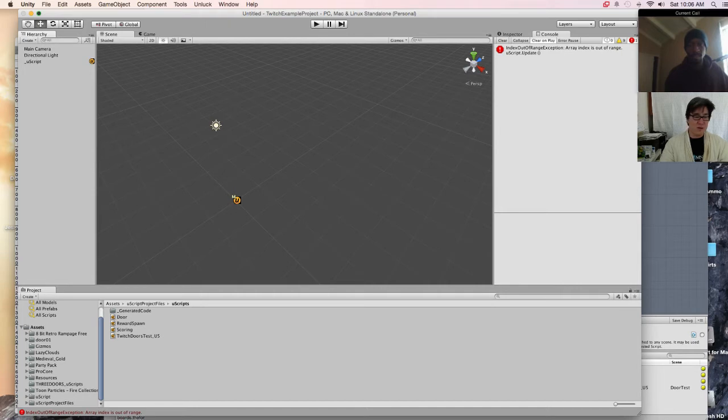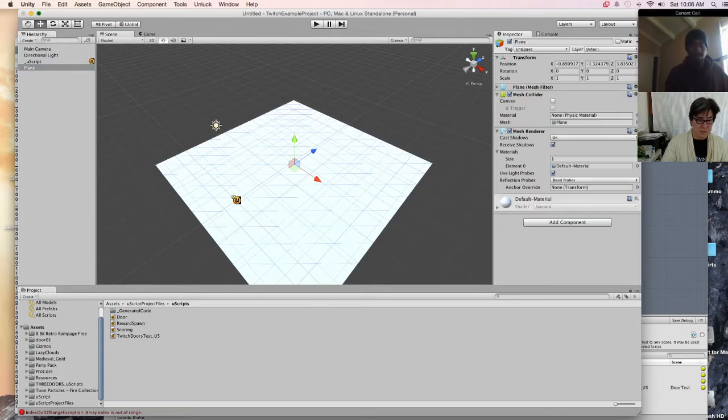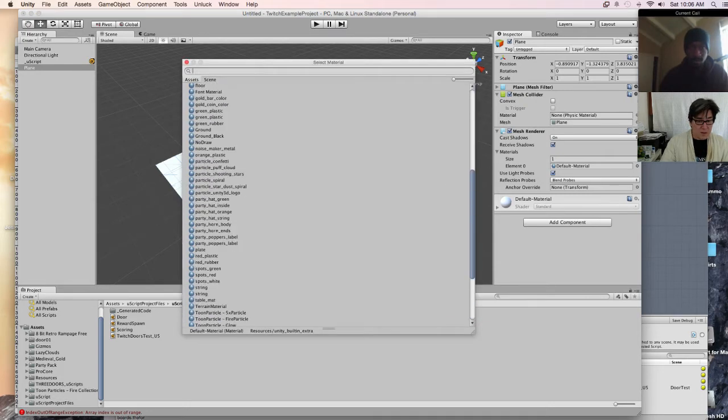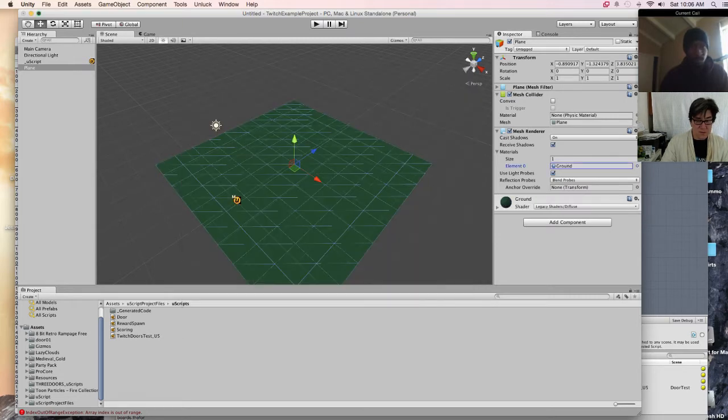Let's drop a sphere in. Actually, let's drop a plane in first, so that we can get some ground. I'll put a material on it. We'll just do this generic ground.